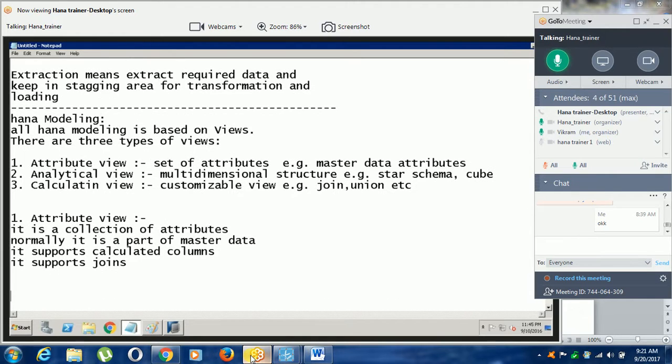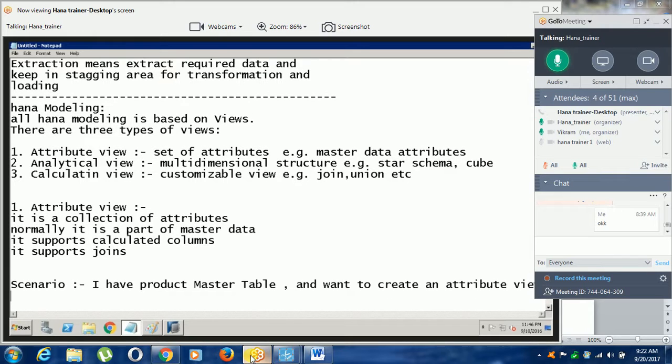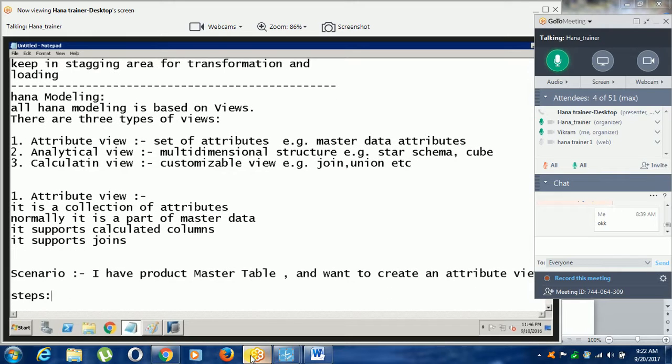Now I am explaining an attribute view scenario. I have a product master table and want to create an attribute view. Steps.